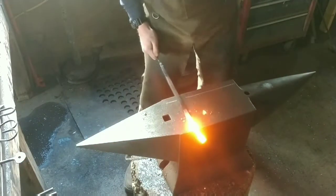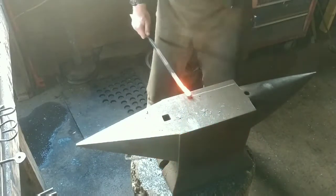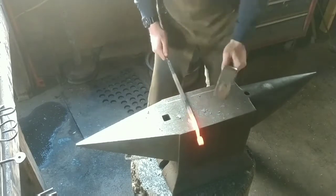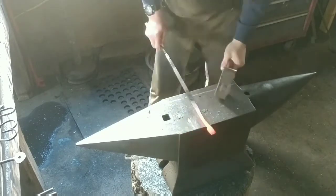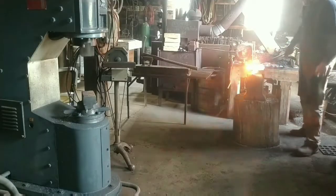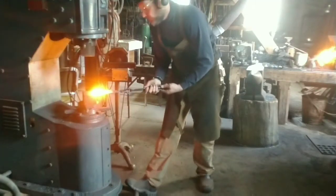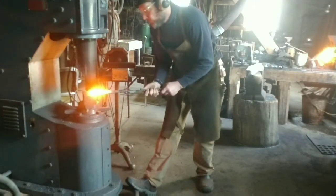So here's the second jaw being forged on the other end. You would then just stretch out the middle and cut them off. But I, of course, have tongs, so I've just separated them, and I'll finish drawing the rings on the